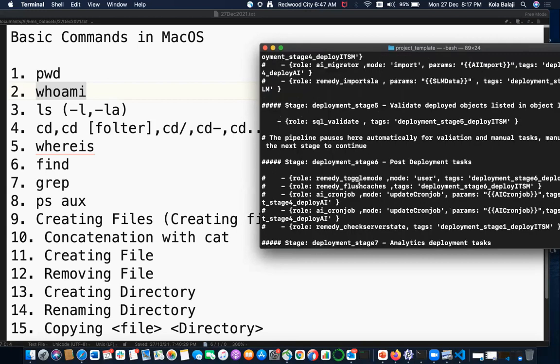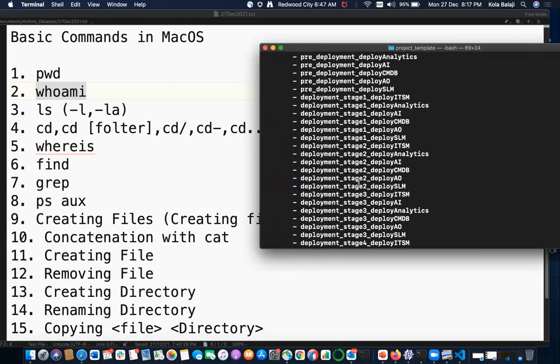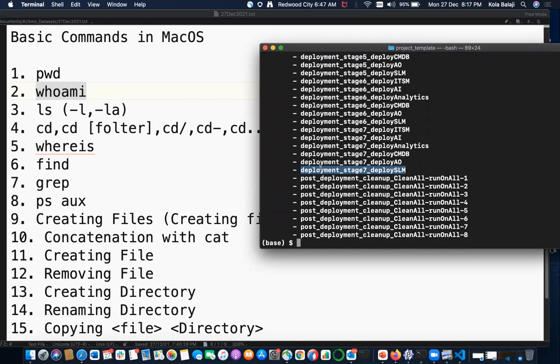I'm seeing this is a file. Assume like this is one file where I want to find out if this simple text exists or not in a particular file.